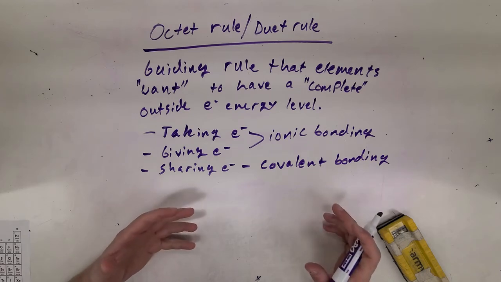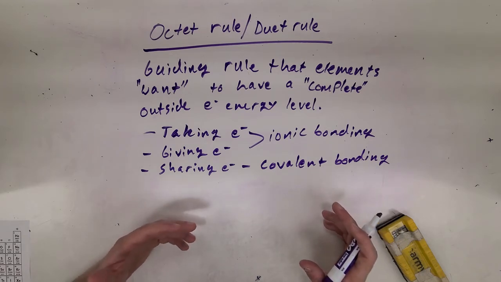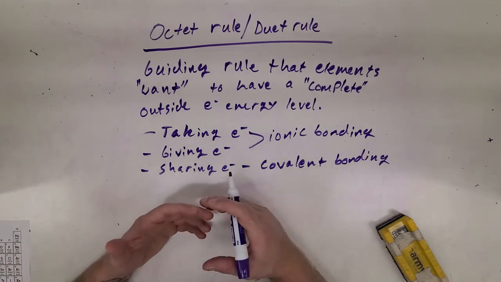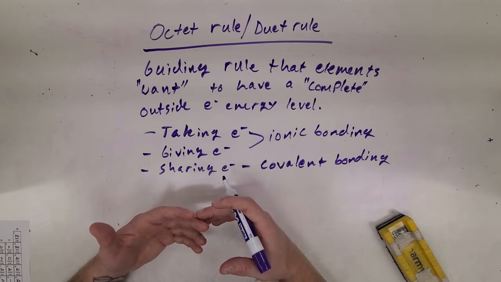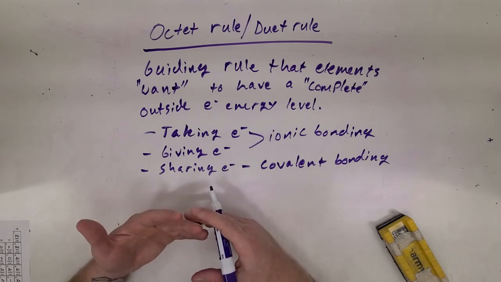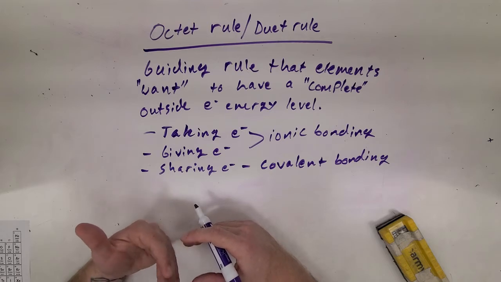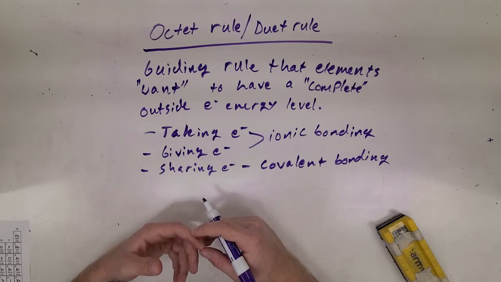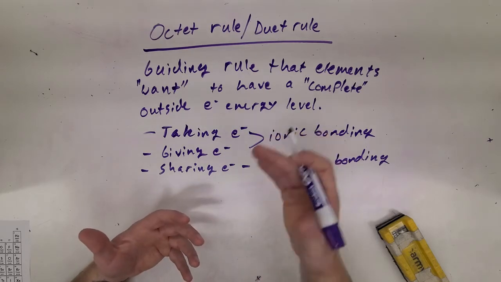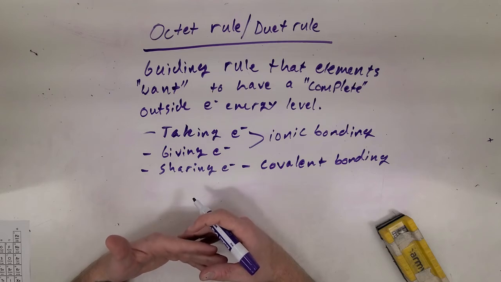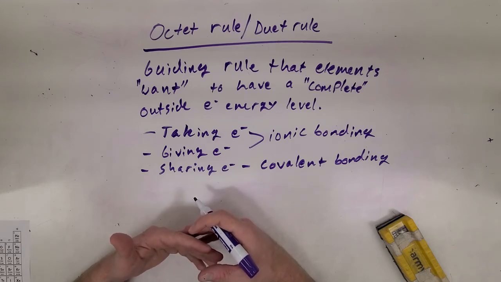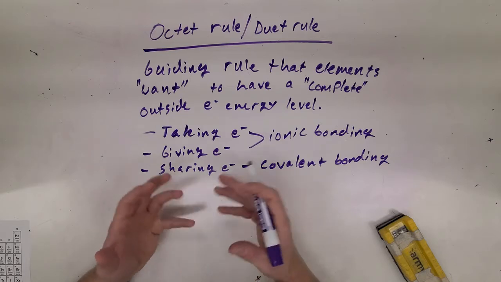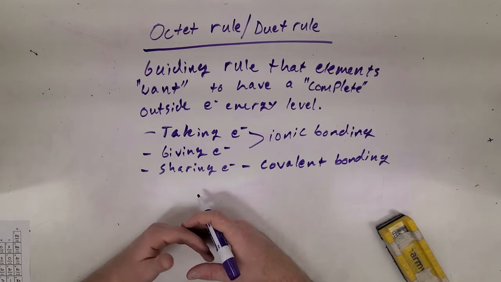Okay, for this video, I'm going to specifically go over the octet rule and the duet rule, I guess is what they would be called. This is just, for simplicity's sake, a guiding rule that elements want to have a complete outside electron energy level. They do this through these three ways, either by taking electrons to give them a full set of 8 or a full set of 2, giving electrons so that they have their completed energy level underneath that valence shell revealed, and only that, or by sharing electrons,